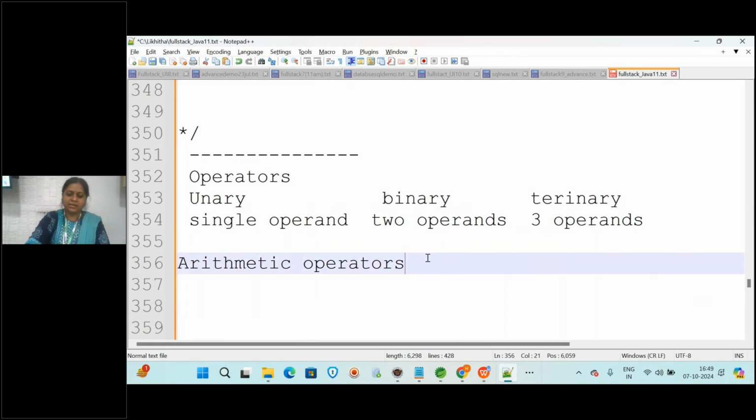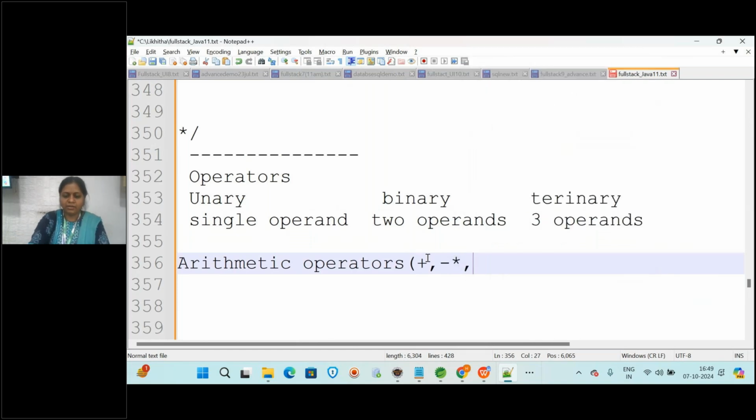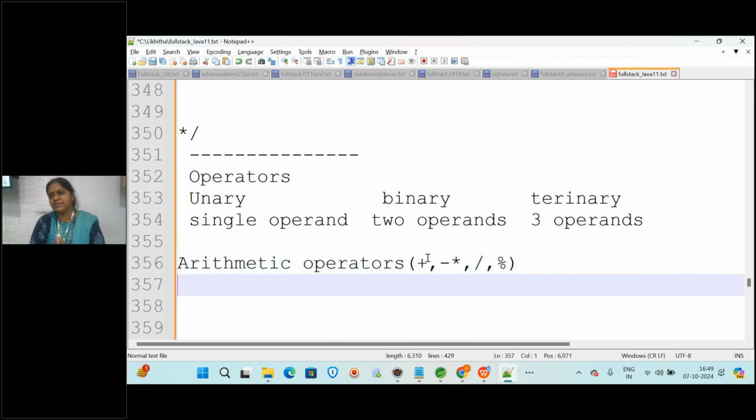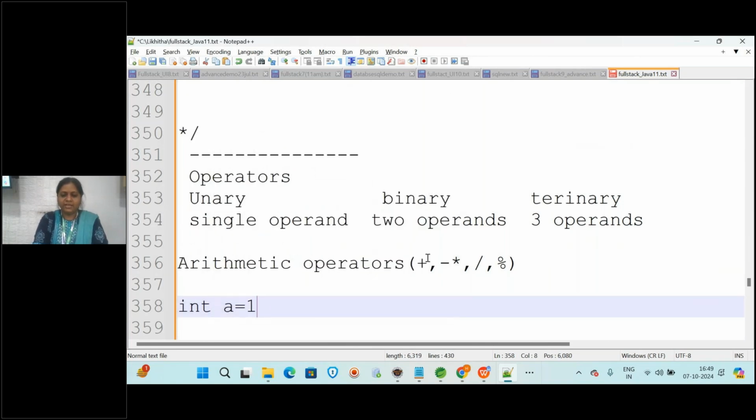Plus, minus, multiplication, division, and then what? Modulus. Okay, these are what kind of operators? Arithmetic operators. So now let us see here if I am giving A is equal to 12 and let us